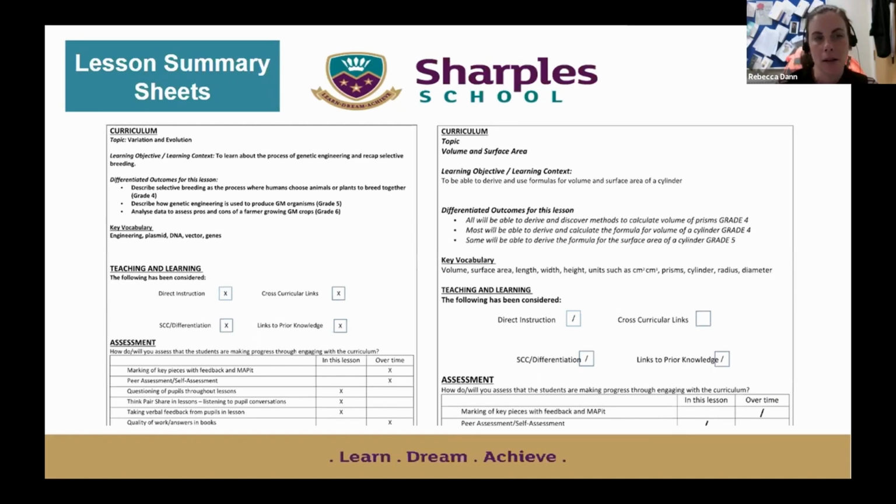These are our lesson summary sheets. So when lesson planning, staff use these. Particularly our trainees and our NQTs would use this for their observations with their mentors and their professional mentor, and then staff for observations. So again, when staff are planning, they're thinking about vocabulary because we have that key vocabulary section on the planning summary sheets. So these are some examples from science, where it's just meant that the NQT here has had to think about vocabulary and the Tier 2 and Tier 3 words that they want to teach in that lesson.